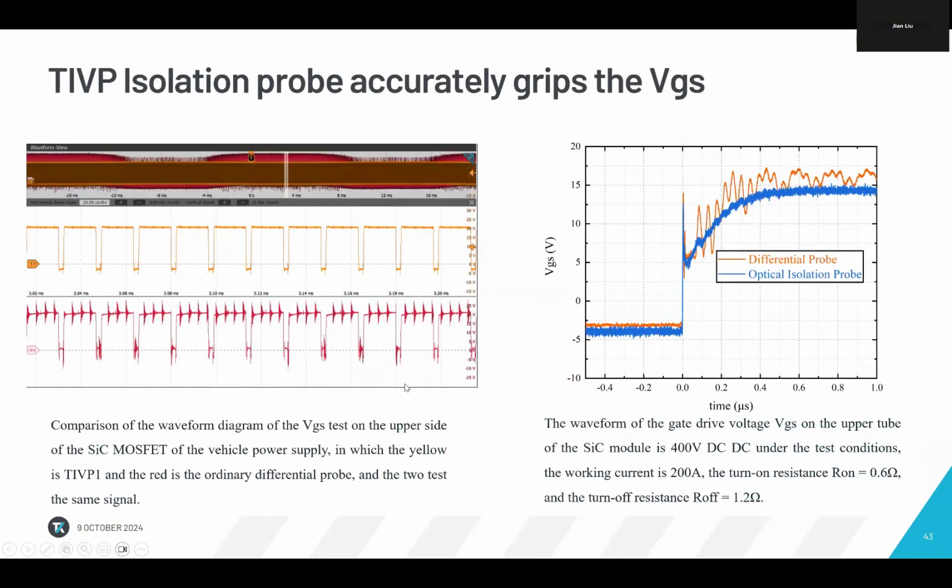So here comes a real example we measured at the customer side. Here we can see the silicon carbide MOSFET. We measure the VGS at the same point with our isolation probe and with a traditional high voltage differential probe. So we can easily see that the CMRR is having a great effect for the isolation probe. It's really clean. The customer was wow. They never knew they could measure this kind of accurate signal because they are normally watching these ugly